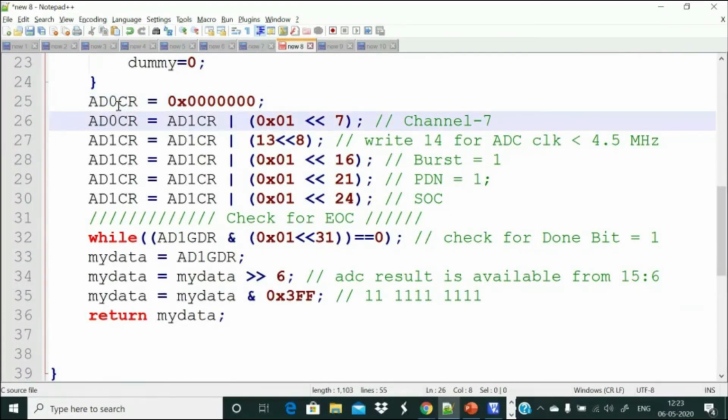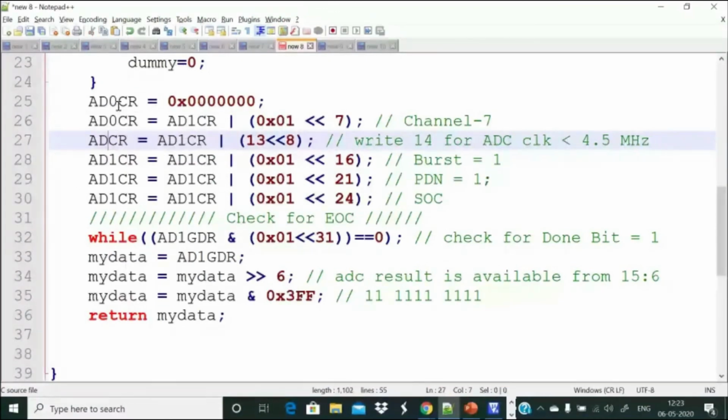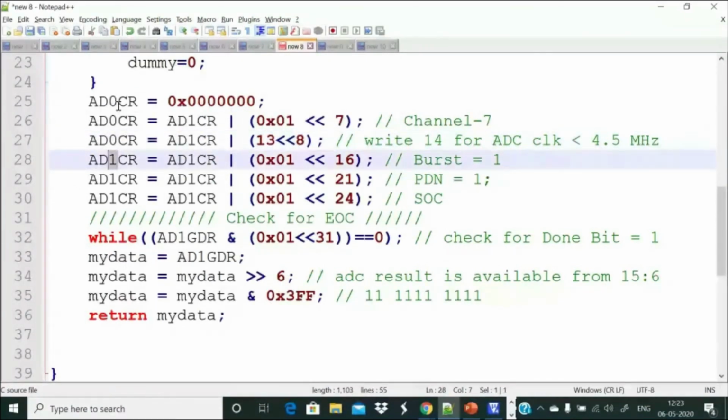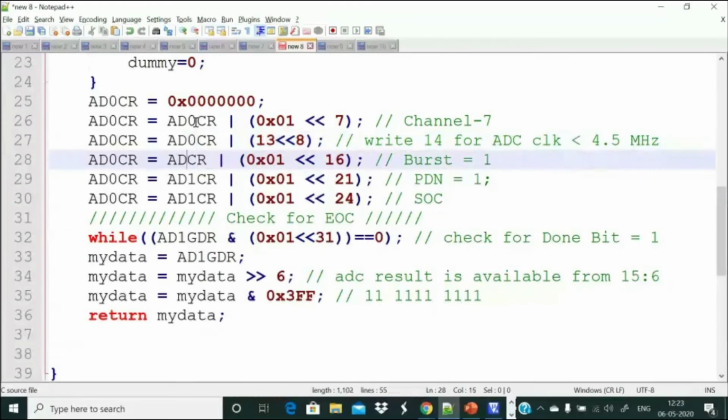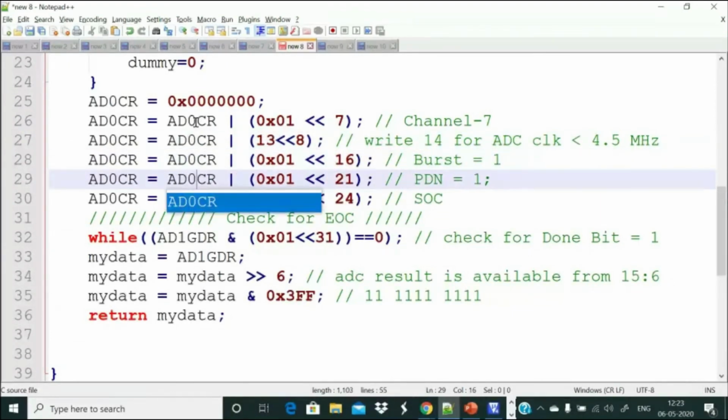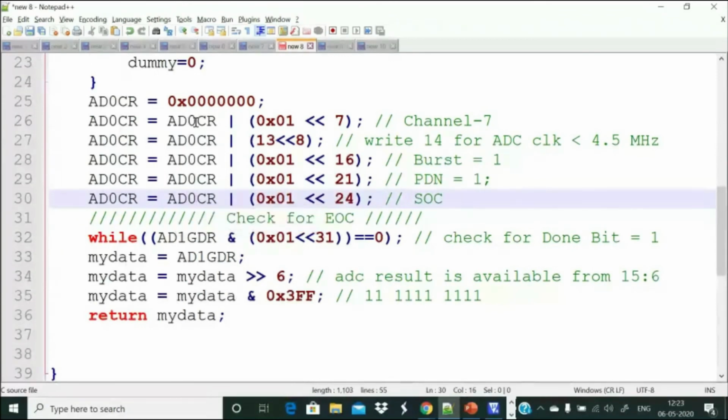All ones we have to change to zeros. That is why I use shorthand notation. This is the AD0 global data register. Read my data from AD0 and return my data.